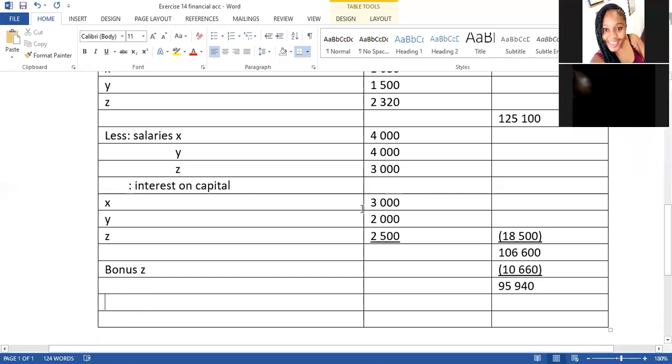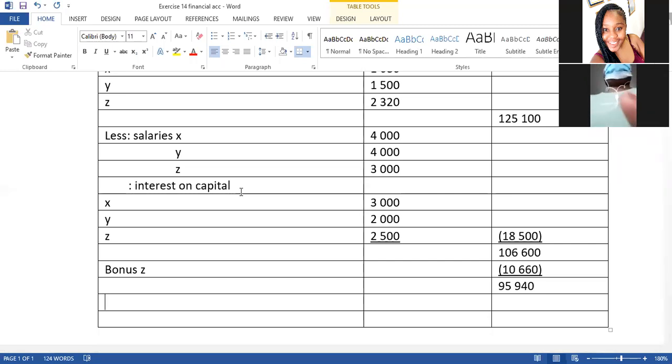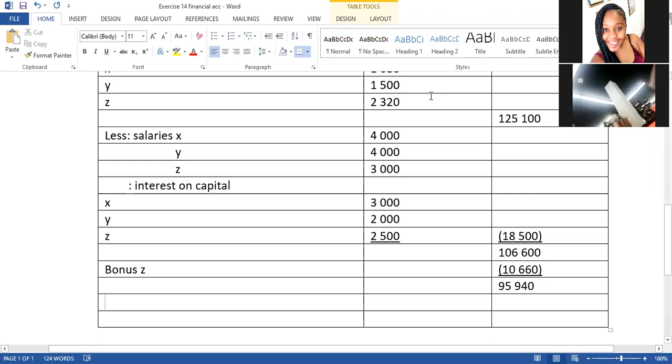Okay, meaning that now the 20% of the remaining profit should be taken into account after the interest, the salaries, and the bonuses have been taken into account. So the interest on drawings we did, the salaries we did, the interest on capital we did, and now the bonus we also did. So the remaining amount of 95,940 should be,